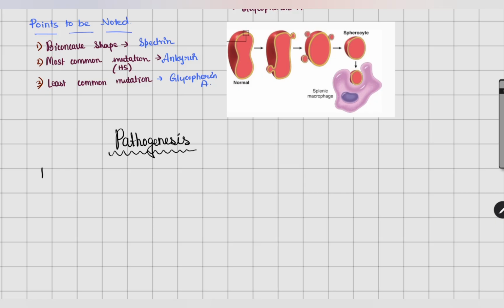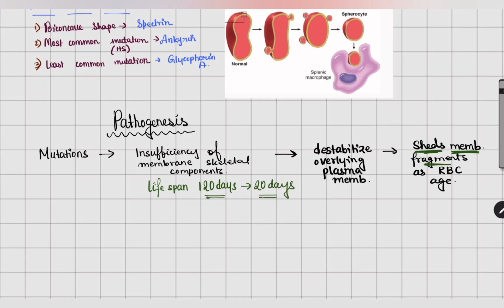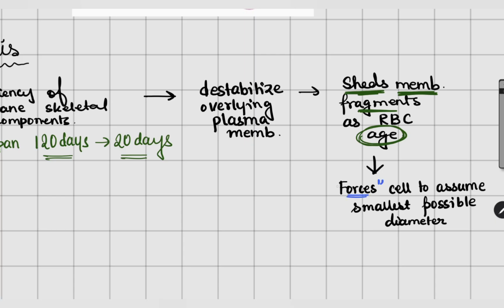Now let's learn about the pathogenesis. So there can be various mutations. These mutations can lead to the insufficiency of membrane skeletal components that we just read about. This decreases the lifespan of an RBC from 120 days to just 20 days. What happens is they destabilize the overlying plasma membrane, right? Because the membrane skeletal components are insufficient. And as the RBC becomes old, it sheds membrane fragments. This forces the cell to assume the smallest possible diameter to become stable, and the smallest possible diameter is acquired